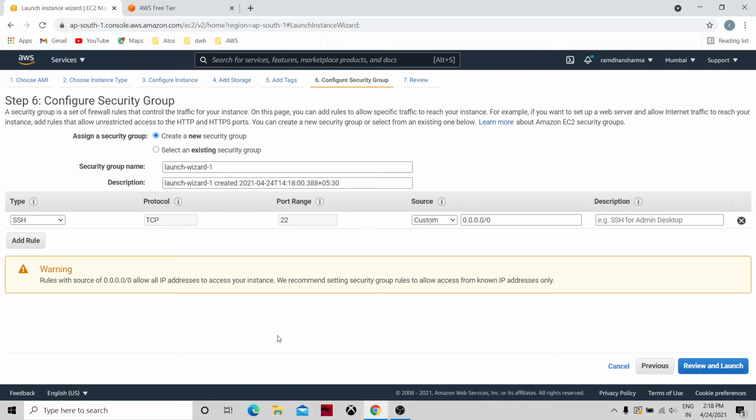We can specify the configuration like an SSH type of connection using the TCP/IP protocol, and for the port range 22, those applications can access this machine, or that communication can be established between this and that application. You can go ahead and read this theoretical part of it. Now this is the final step: review and launch.